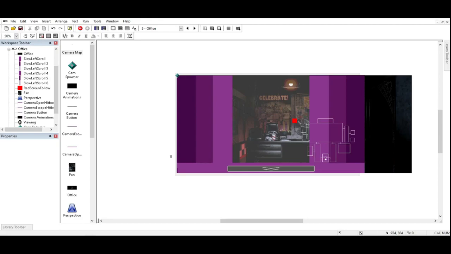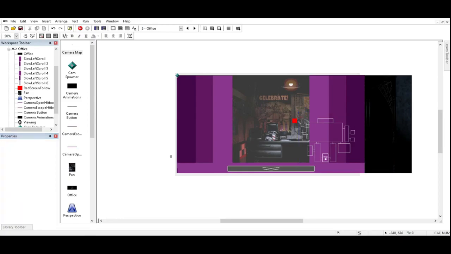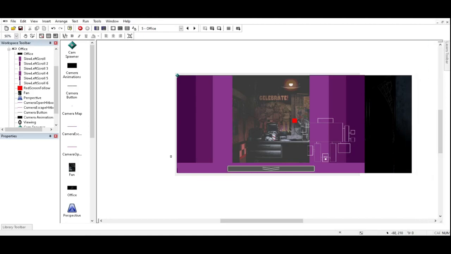Anyways, once you have the camera map in here, first of all, make sure you have it visible at start and that it doesn't follow the frame. Those are the things you've got to make sure you put in there. Anyways, after that,